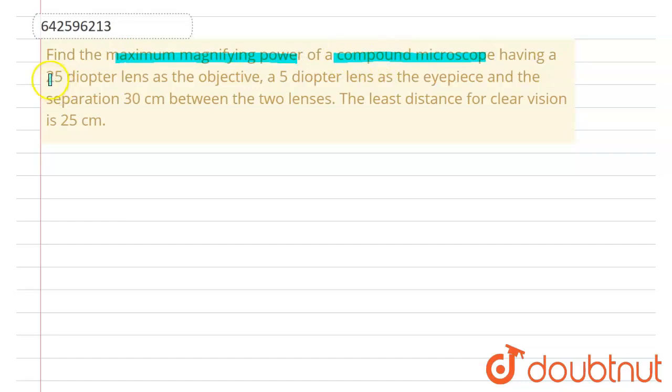In this problem, we have to find the maximum magnifying power of a compound microscope having a 25 diopter lens as the objective and a 5 diopter lens as the eyepiece, and the separation is 30 centimeter between the two lenses, and the least distance for clear vision is given as 25 centimeter. So for the maximum magnifying power,